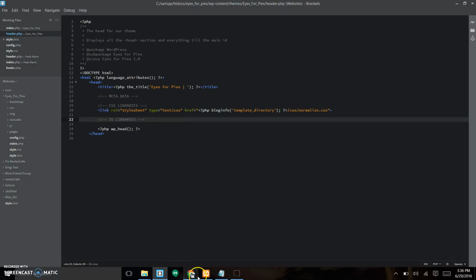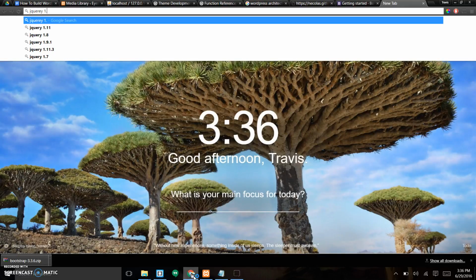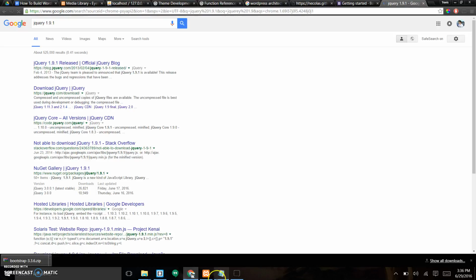Another thing that you'll want to link up is jQuery 1.9.1, which is the latest one. When we use Bootstrap, it requires that we use this jQuery for some of their functionality. So download that, and then let's